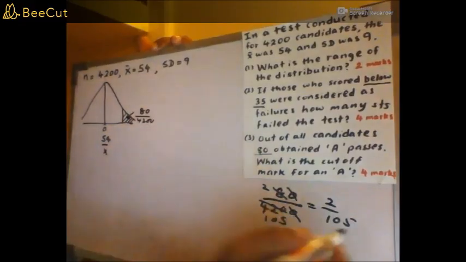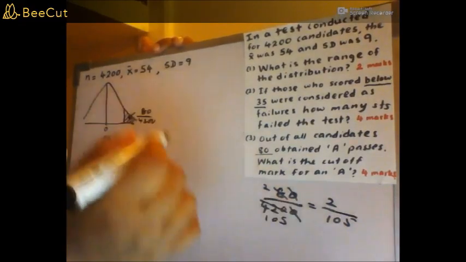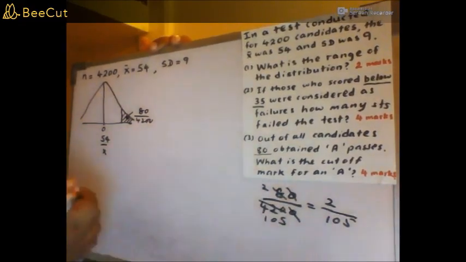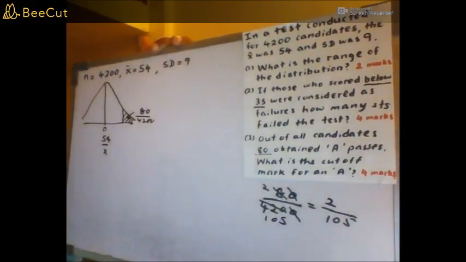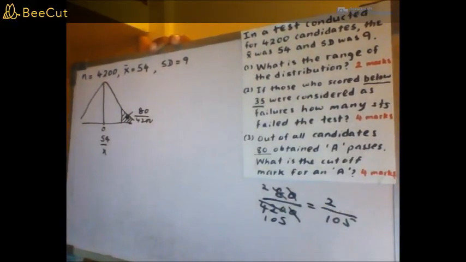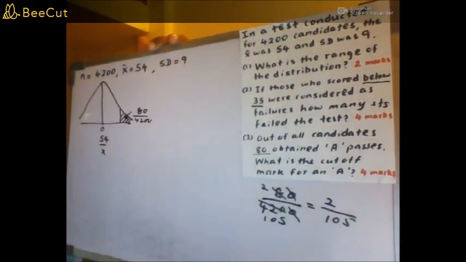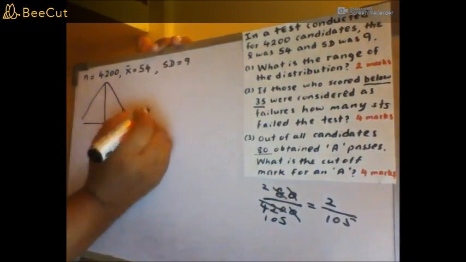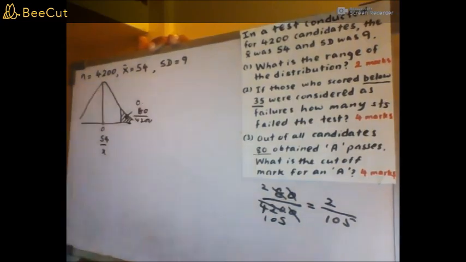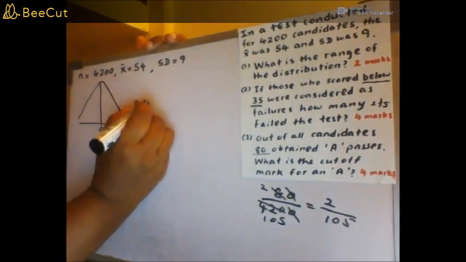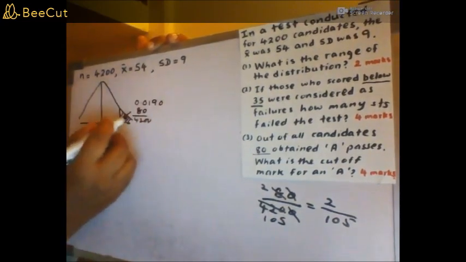You divide it properly. You divide, right? So the answer is 0.0190. 0.0190. That is this,